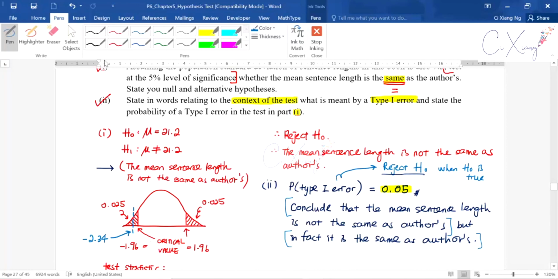One point which is very important is this: when you are having a normal distribution, the probability for type 1 error will be equal to alpha, only for normal distribution in our syllabus. This part didn't involve any calculation for type 1 or type 2 error yet, we just state the value. For the next example, we are going to learn how to calculate the probability for errors. I will stop here for this video, then I will continue the discussion in